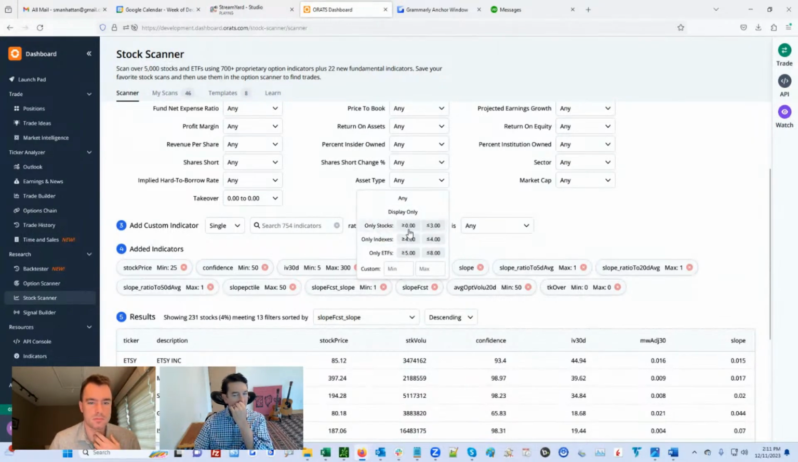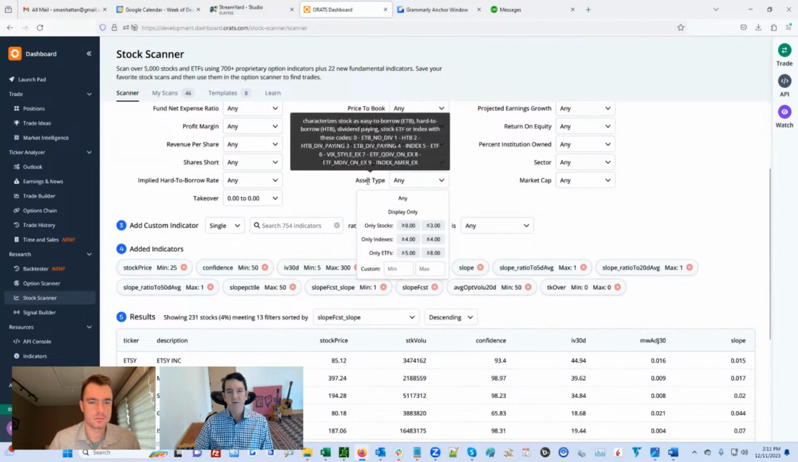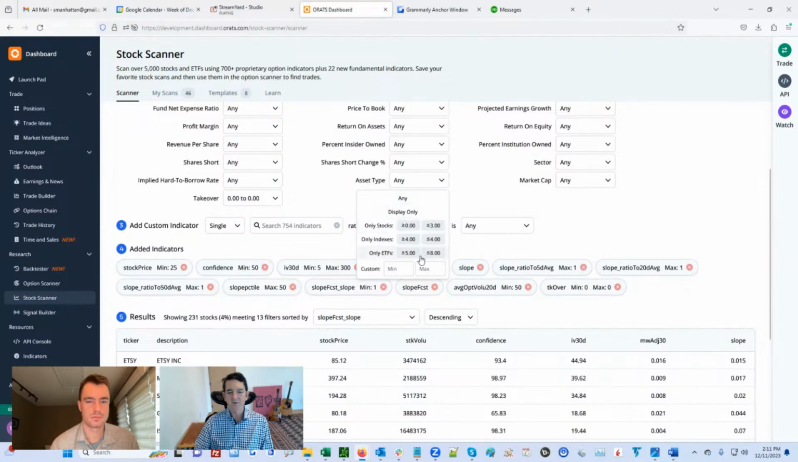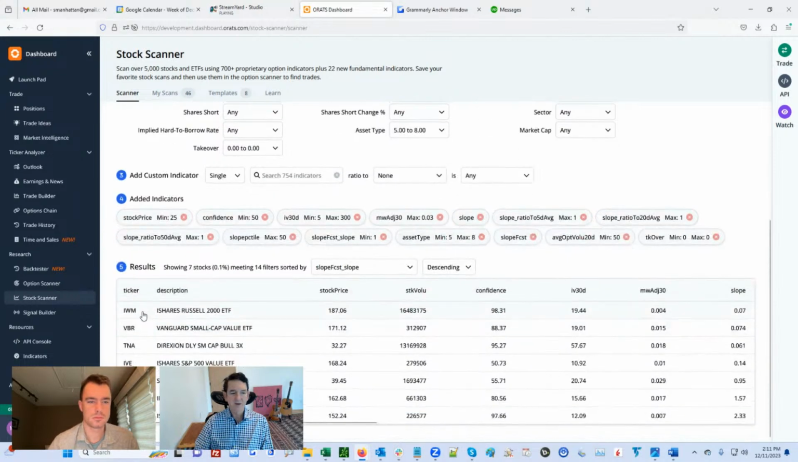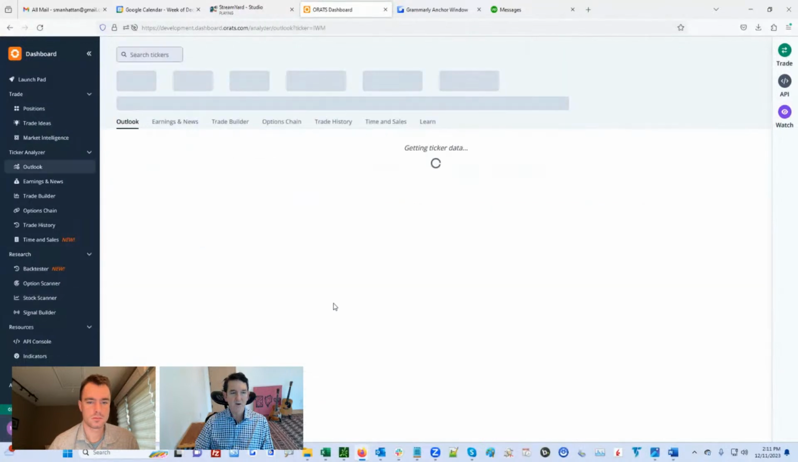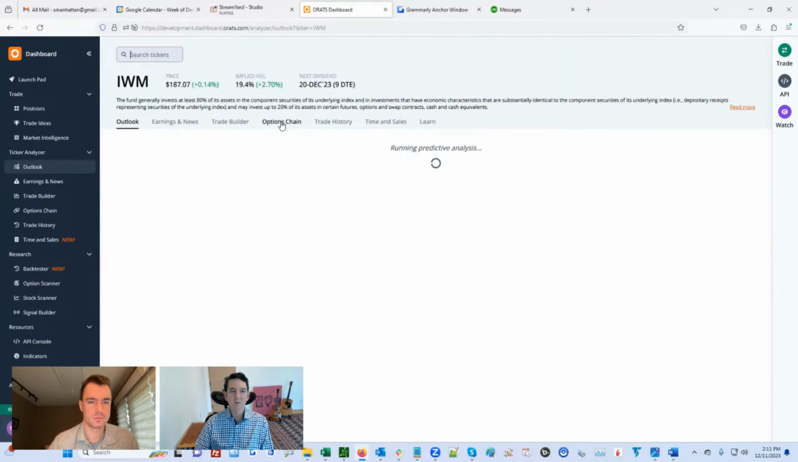So we have assets broken out into various types, and the ETFs are numbers 5 to 8. If you sort it that way, you get IWM, which has a very low slope. So that's one I'm going to concentrate on for the trade that we put on for the